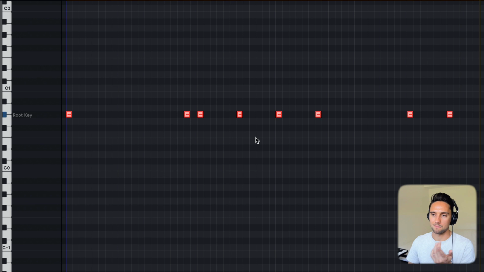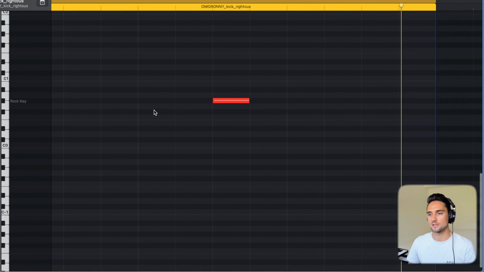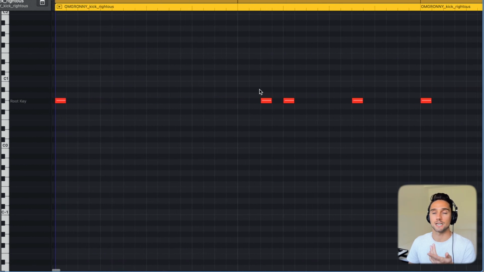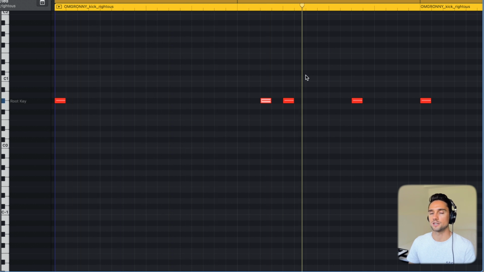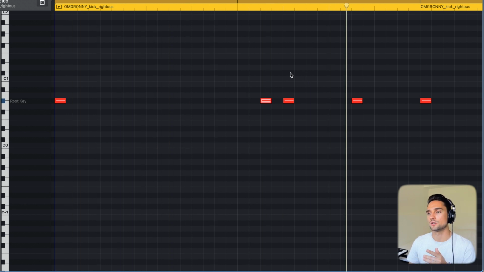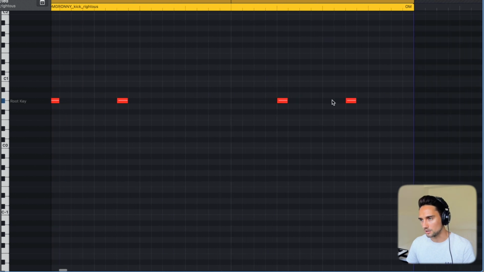Funny enough, when I made this new 808 pattern, the one that I just did, it's actually pretty similar to the kick pattern. Subconsciously, I could have been hearing the kick in my head when I was making it. You'll notice that this second note here, this second kick, is not on an 808. It does the kick, and then the 808 is on this note here. And I think the last one here,